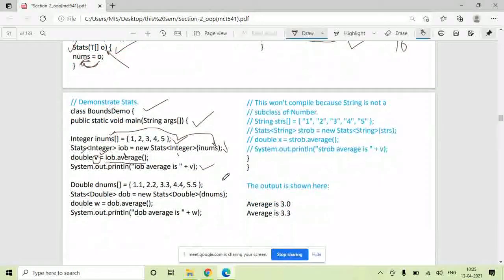In the very next statement, just like we have created this integer array, we have created an array of double elements: 1.1, 2.2, 3.3, 4.4 and 5.5. So dnums is the array name. Same, we have created an object of the Stats class, but this time we want T to behave like a double element. So we have passed here Double. See, dnums is an array, we have passed it here as an argument. Same, the constructor will get called at this line.